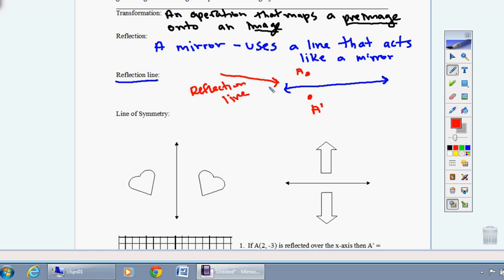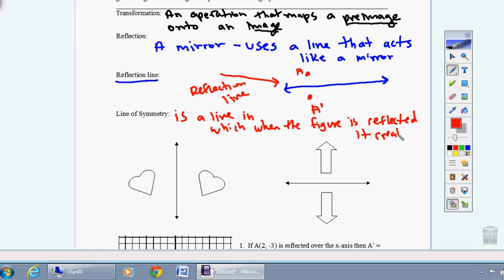So when we talk about a line of symmetry for a figure, it is a line in which, when the figure is reflected, it creates an image of itself. Okay, so for example, if I were to draw this shape right here,